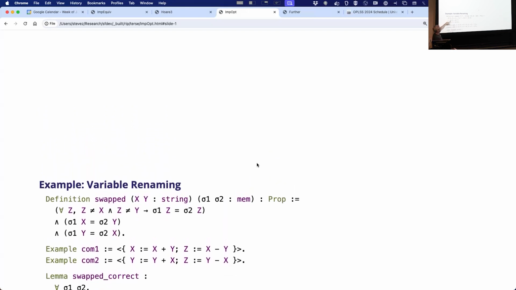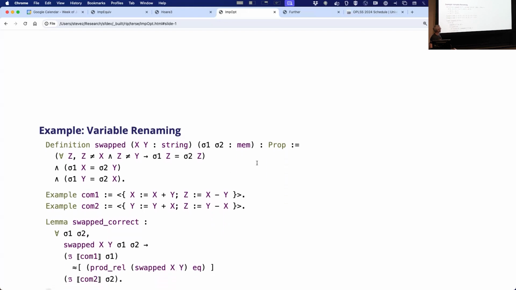So sigma 1 of x has to be sigma 2 of y and vice versa. These two clauses say that we've swapped the meaning of x and y. And this just says for anything that's not x or y, they agree. So this is a pretty strong relational invariant that says we've exactly swapped the meaning of x and y